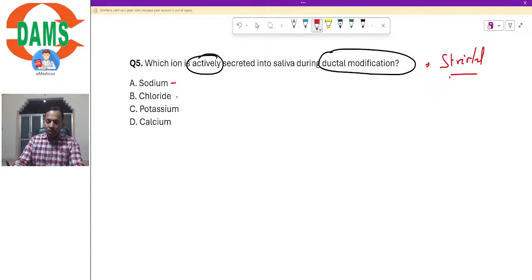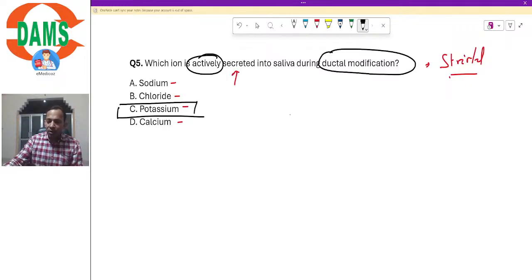Sodium, chloride, potassium या calcium? So which is actively secreted? Secreted means it is being dumped into saliva. Reabsorbed means it is being taken from saliva into the bloodstream. और यहाँ पर क्या हुआ? ब्लड स्ट्रीम से सलाइवा में डाल रहे हैं. तो करेक्ट आंसर क्या होगा इसका? इसका आंसर होगा